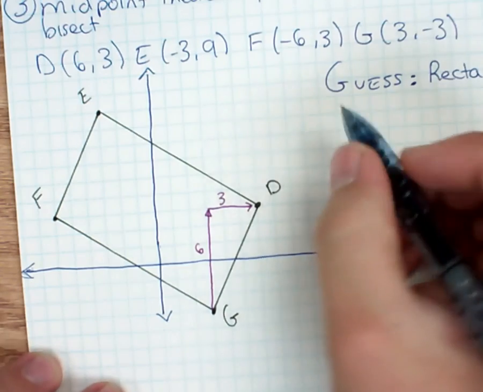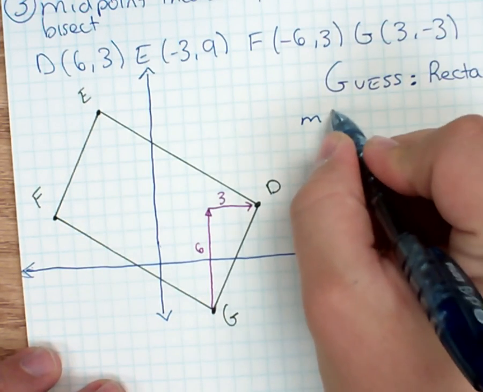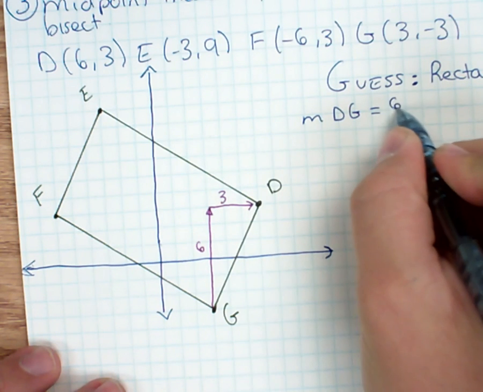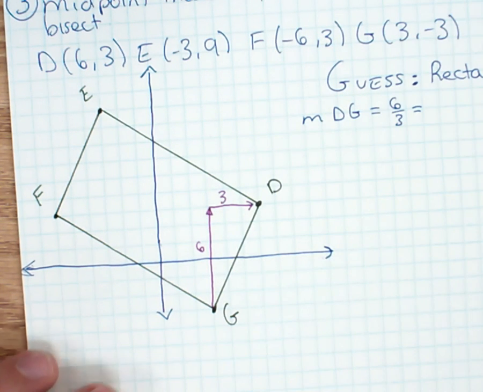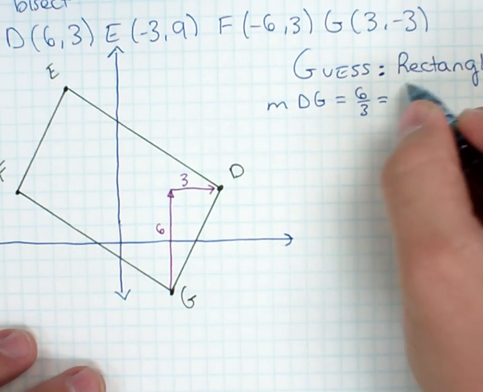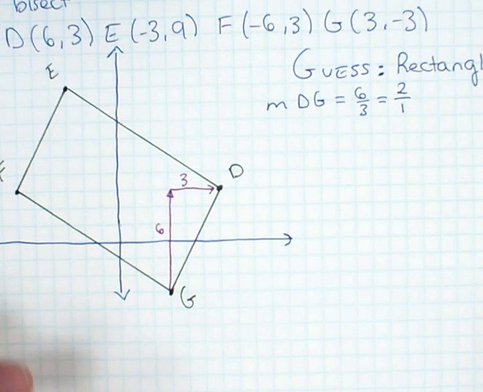So the slope of DG is 6 over 3, which will reduce to 2 over 1. I'm going to say over 1 so that we can make sure we recognize that